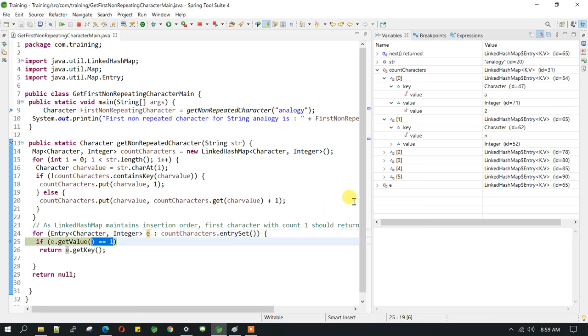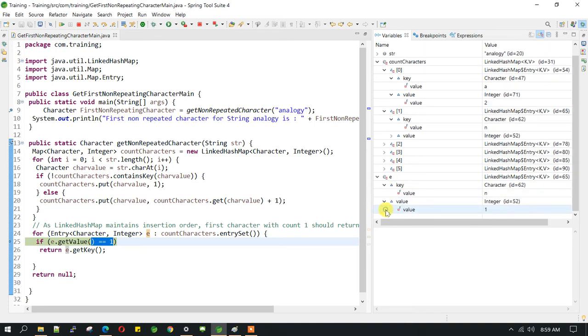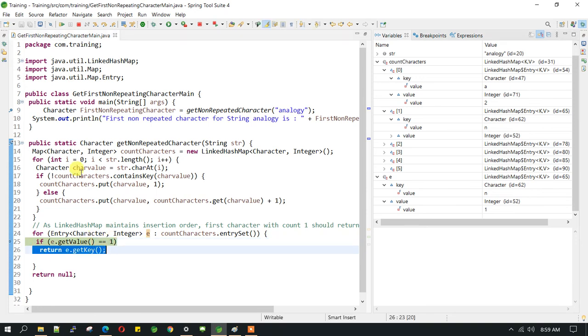The value of e here is key equal to n and value equal to 1. Since we are fetching the value equal to 1, it will go to this return and find the key, which is n.